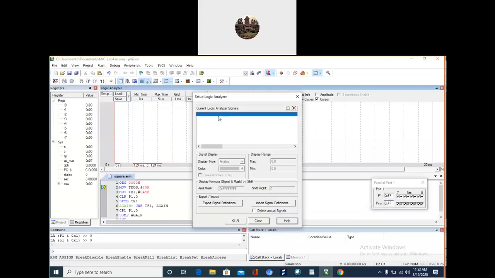Then here I have to select that port, P capital P here, P 1.0. Both. Display type B equals.